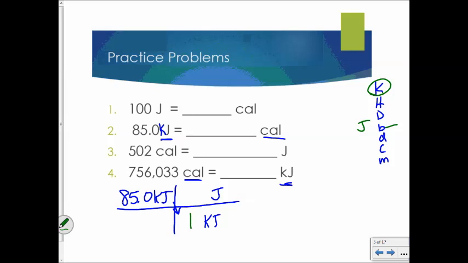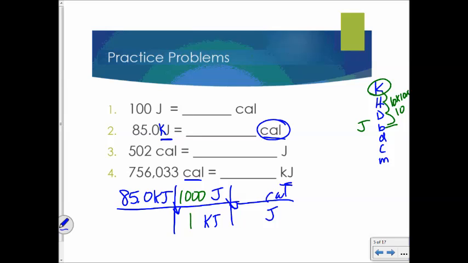How many hops down? 1, 2, 3. That's 10 times 10 times 10. So how many joules in a kilojoule? 1,000. That's our first step. But we don't want joules. We need to keep going. We got to get rid of joules and go to